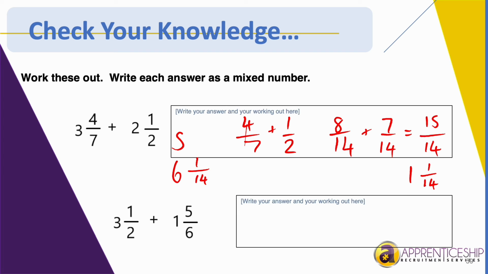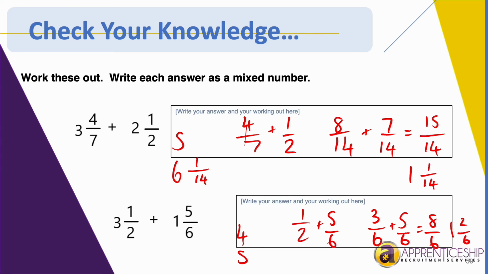Okay, so 3 add 1 is 4. Let's keep that to the side. A half, add 5 sixths. Again, we can multiply this first one by 3. So that's going to be 3 over 6, add 5 over 6 is 8 over 6. Problem, it's an improper fraction. So 8 divided by 6 is 1 and 2 sixths. Add that to what we've got here. It's just going to be 5 and 2 sixths as our answer. Okay,